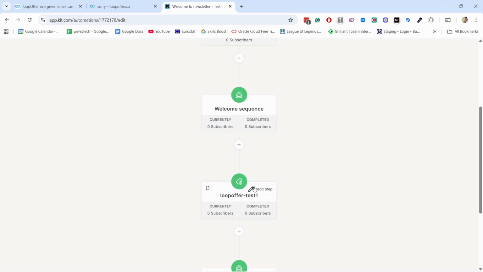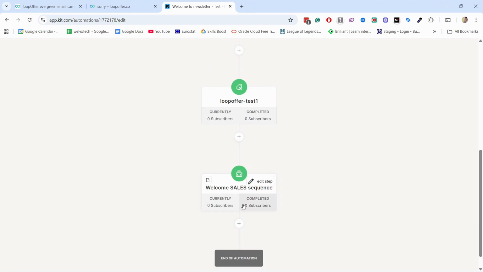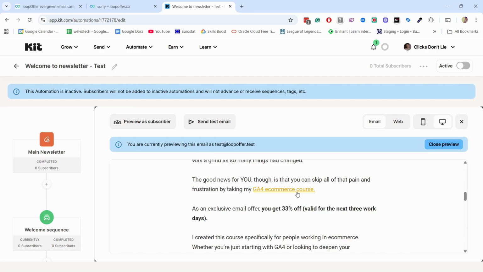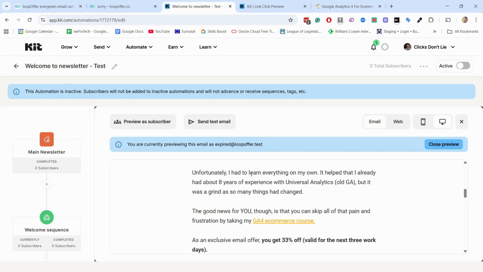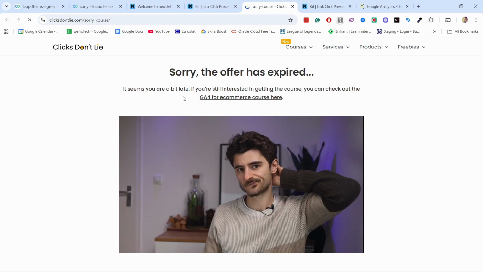In automations, I'll add a tag to my subscribers. When the tag is added, the subscriber's personal deadline starts ticking. Let's say I set it to 48 hours. Then I send out my sales emails with a nice discount. If the subscriber clicks within their deadline, then they will see the offer page. Not very surprising. But if they click on the link after the 48 hours, then they will see an offer